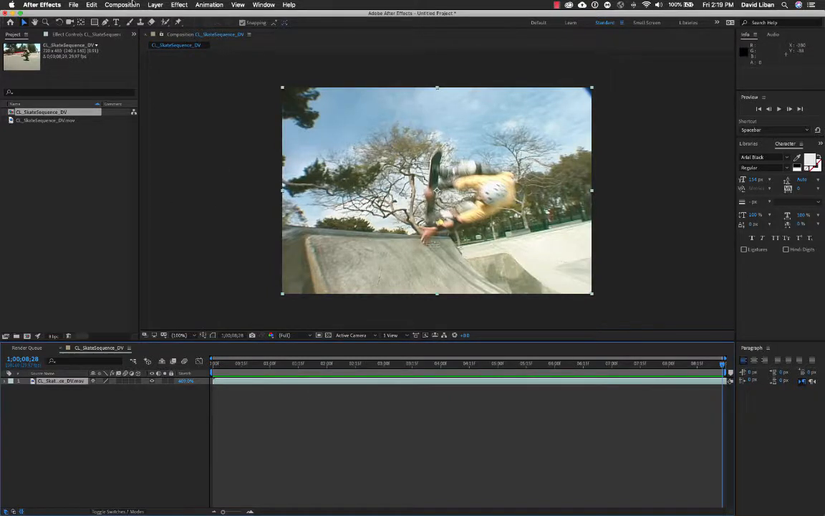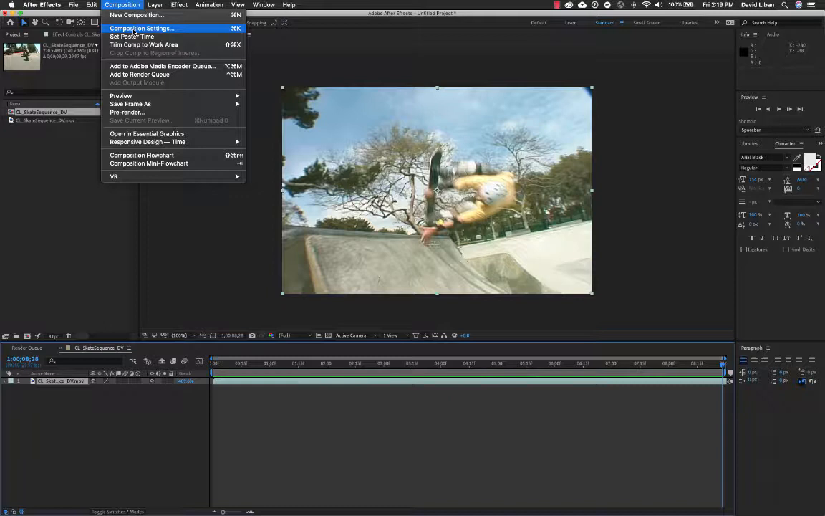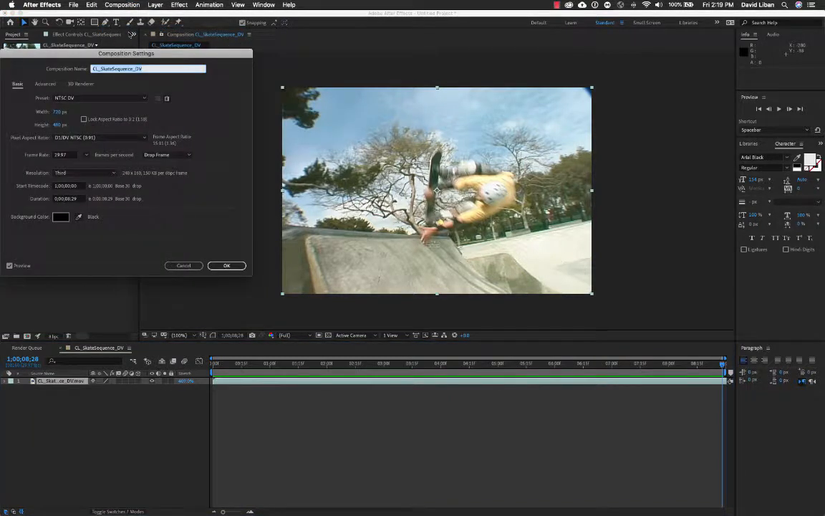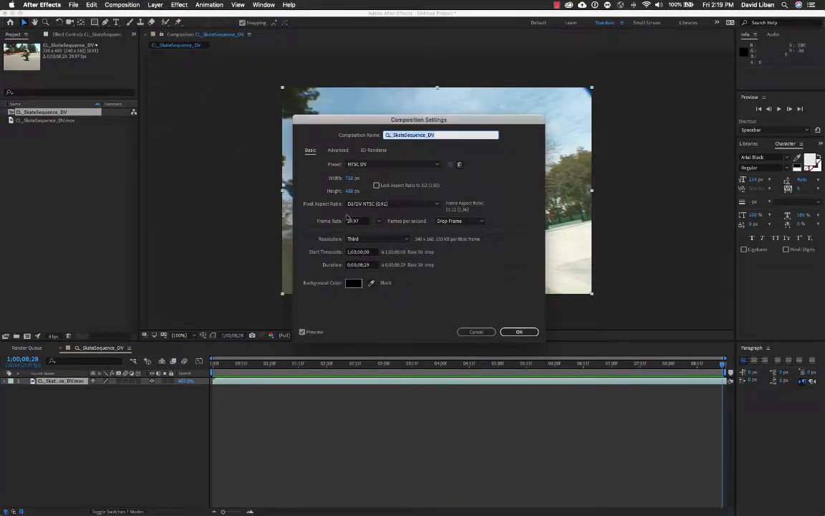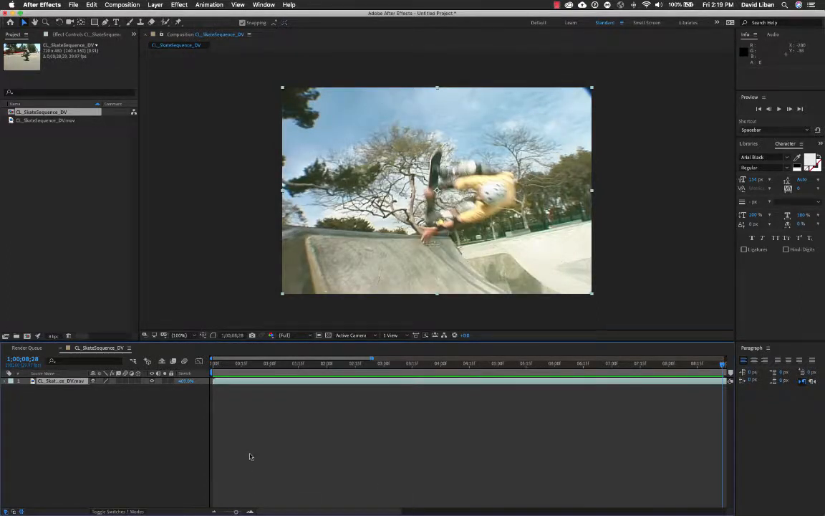How do you extend it? You go to composition settings. Okay, and then where the duration is, let's go ahead and just change it to a bigger number. Let's just say 28 seconds, okay? And so now I'll have to come down here to stretch it out,